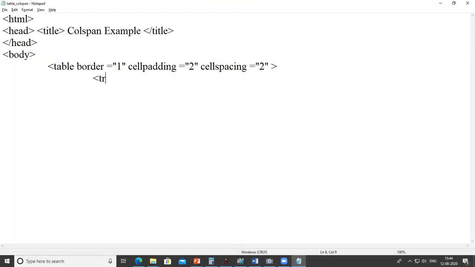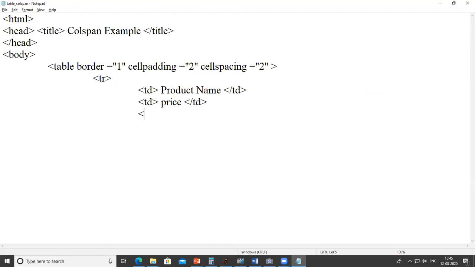So I start with the TR. In first TD it's a product name. So I write here product name and then close the TD. Okay, in second TD it's a price. So I write price here and then close the TD.